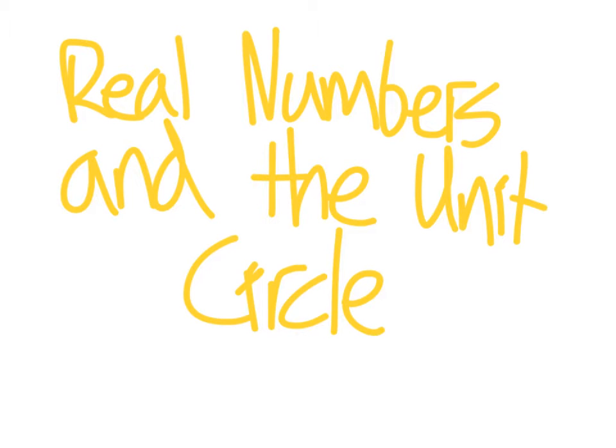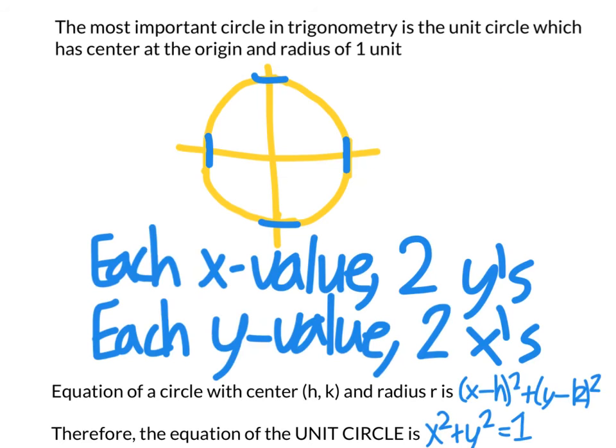This video will be on real numbers and the unit circle. Recall that the radian measure of an angle was defined in terms of the radius of the circle. The most important circle in trigonometry is the unit circle, which has a center at the origin and a radius